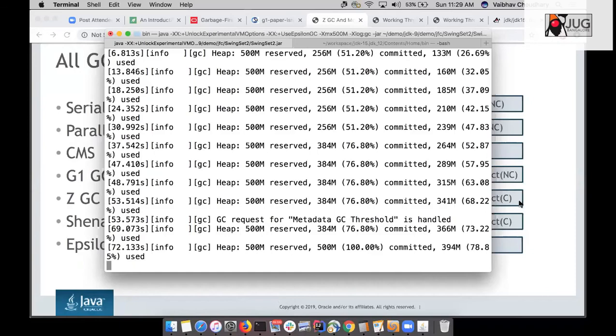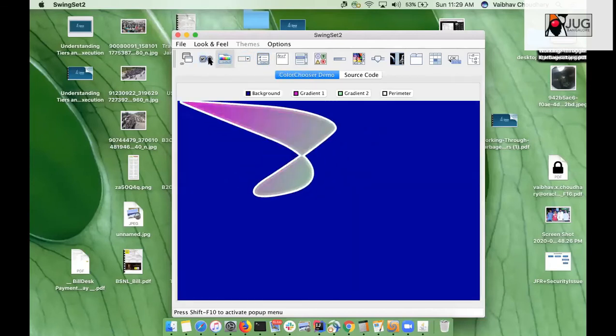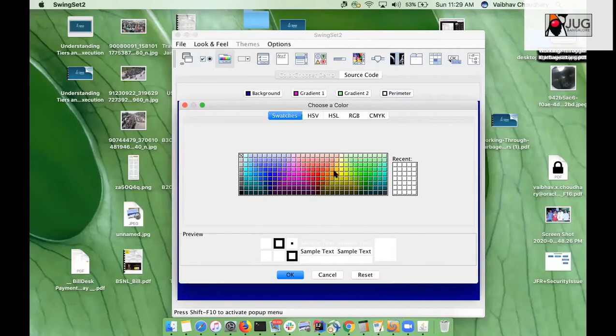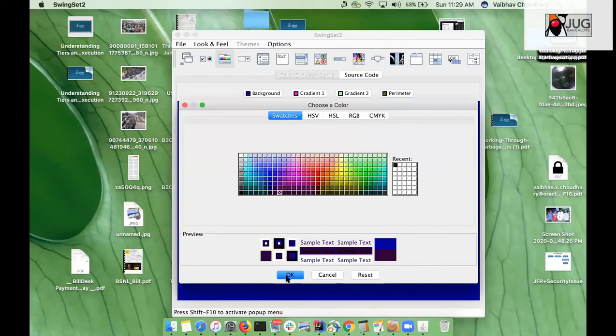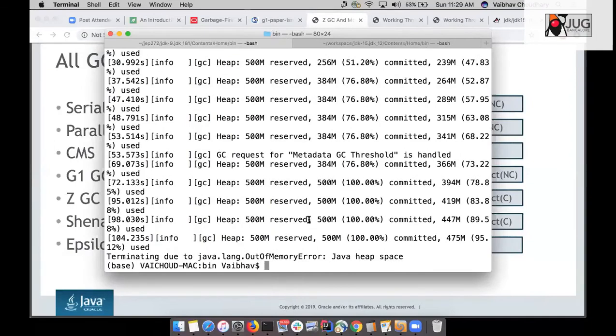Wait. I reached 100%. Just let me crash the application. Great. That's good. Okay. Yeah, absolutely. Just give me 1 second. Okay. Some parameter change, and we are good. Here you go. Yeah. Okay. So after 500 M, actually, if the application demands something, it will just go out of memory. It is as simple as that.